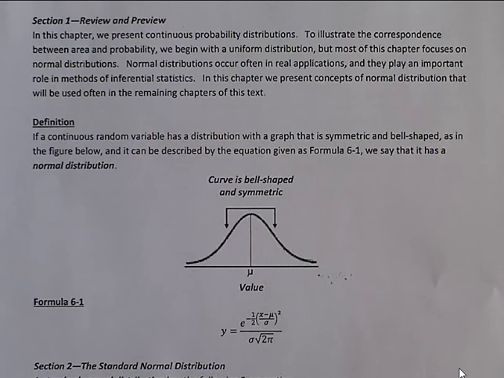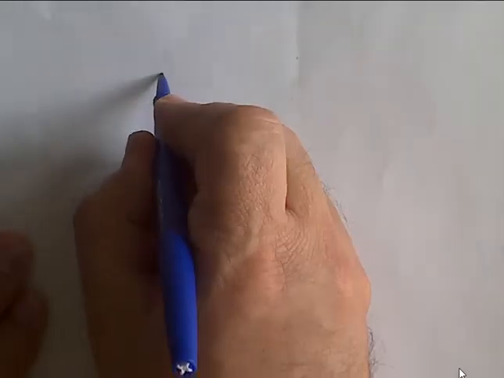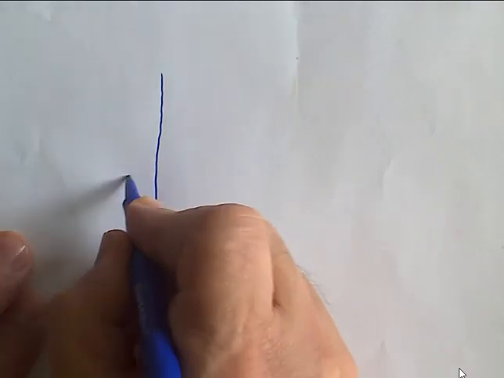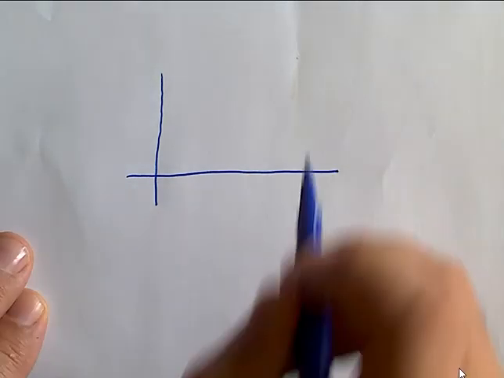Where a normal curve is bell-shaped, a uniform distribution is rectangular. Okay? Now, if this is my x and y axis of a graph,